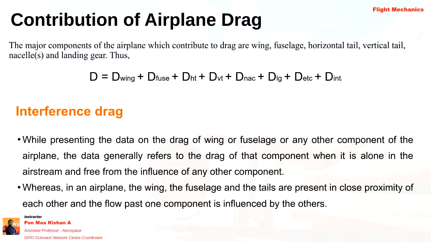So when the landing gear is deployed, the drag produced depends upon speed also. For various speeds, the drag produced in the landing gear will also vary, not only in the landing gear but in all other parts. Okay. So finally, the interference drag. So let's come to the interference drag. What is interference drag? We will discuss more about it over here.